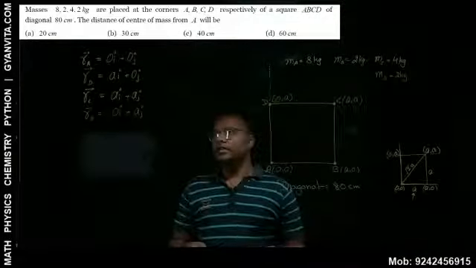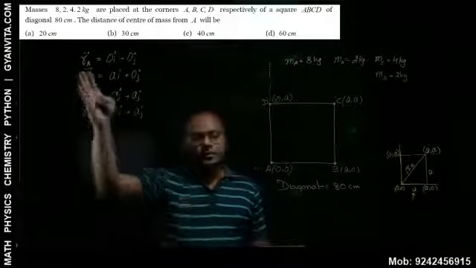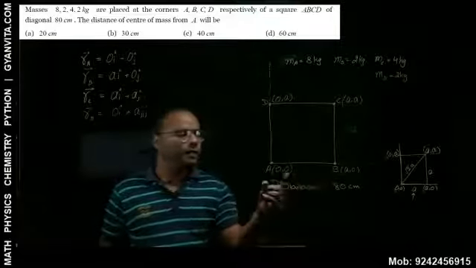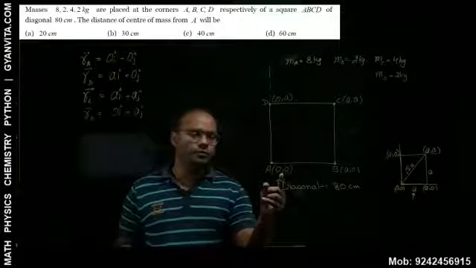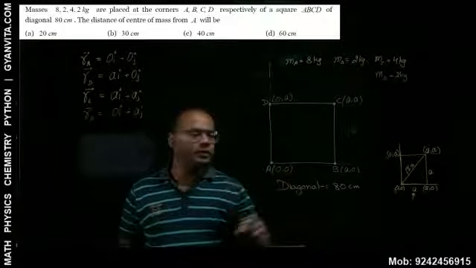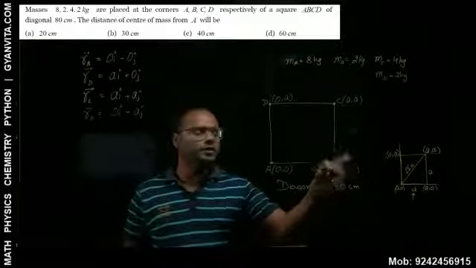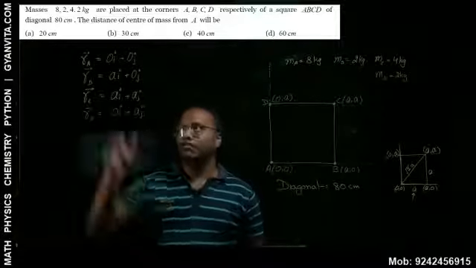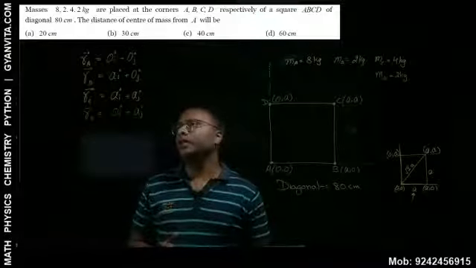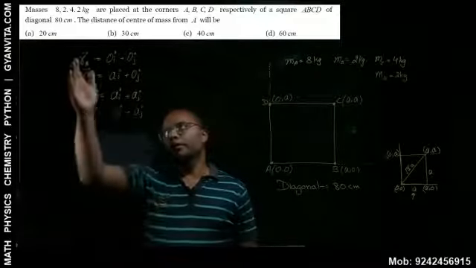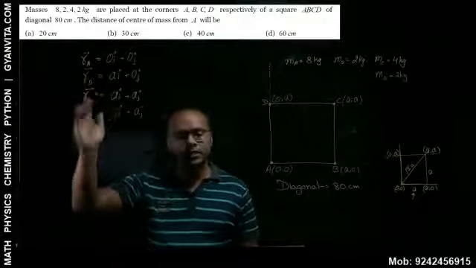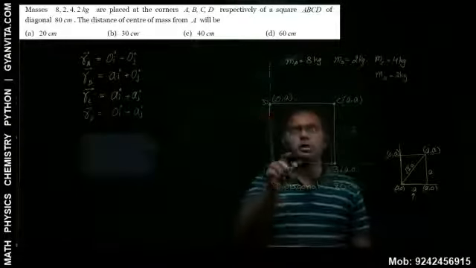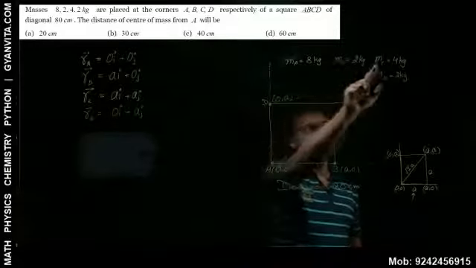So if you see this, these are the position vectors. Based on these coordinates, we have taken 0, 0 as the position or coordinate of A. So this is B, which becomes A, 0. This is C, which is A, A, and this is D, which is 0, A. And that's how we get these position vectors: RA, the position vector of A, position vector of B, position vector of C, and position vector of D. So you have all these position vectors now, and you have all the masses as well, that is MA, MB, MC, and MD.